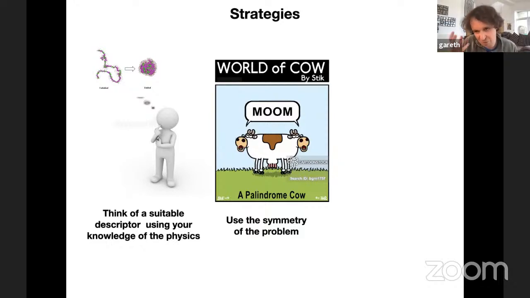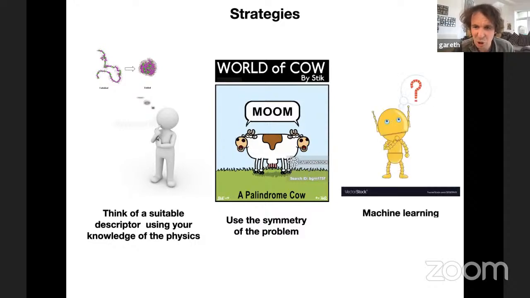Okay, and it should reflect those symmetries that you know about the problem. So those symmetries represent a useful way of thinking about the descriptor. And then the third approach that's appearing more and more in the literature is to adopt some sort of machine learning algorithm to find the CVs for you. And I have to be honest, I have a little bit of a love-hate relationship with these machine learning approaches. I'm going to explain a little bit why I have that